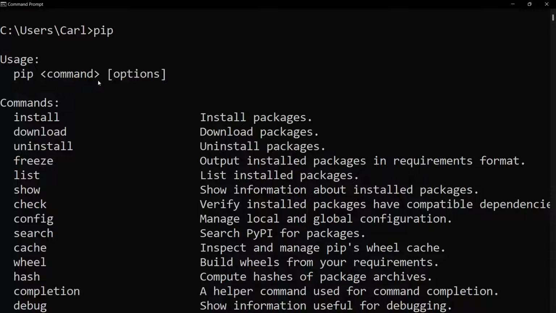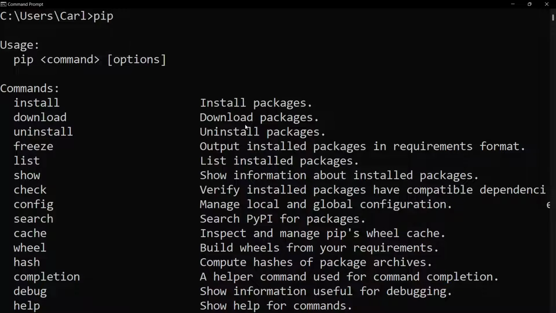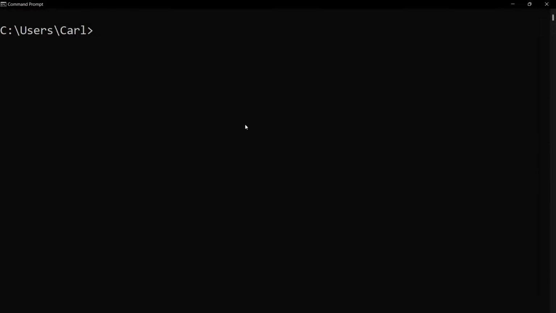And as you can see, after I press that, it shows me the command pip as well as the common commands that I can use along with pip. So it shows that I can install modules, I can download packages, I can uninstall, as well as you can see here, I can freeze, which means it will output all the installed packages, and this is what I'm looking for. And now let me just type in pip freeze